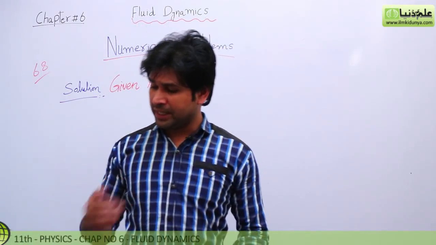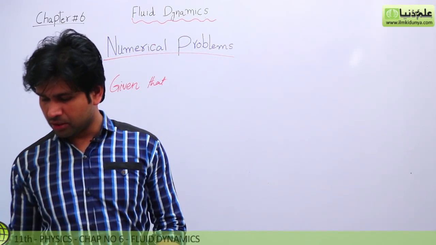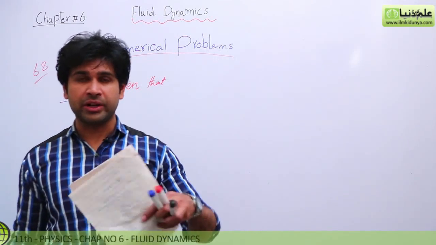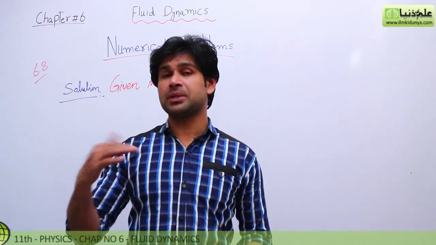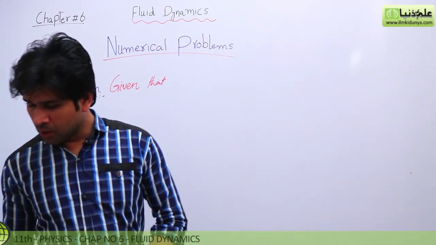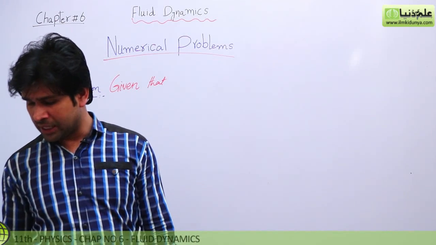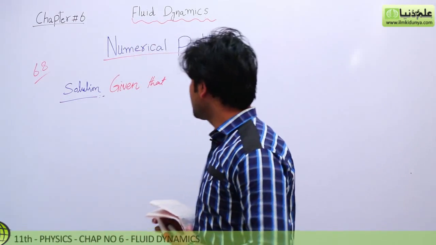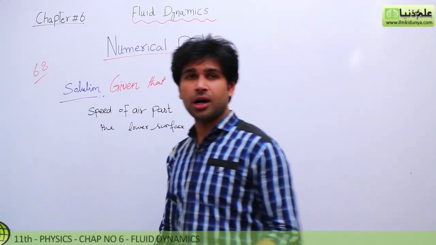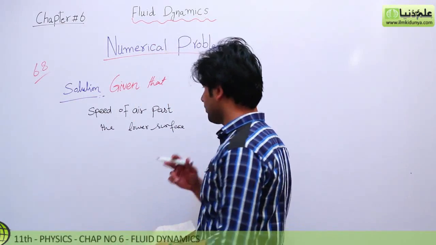So we can get an idea that here we will have to find out the speed of flow past the wings. There are two sides, upper and lower. We are given the lower side speed, and we will have to find out the upper surface speed, and the pressure difference between the upper side and lower side is given. So we will have to find out the speed at the upper side of the wing, not the lower side.